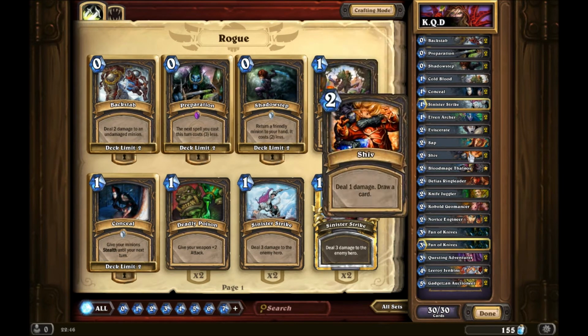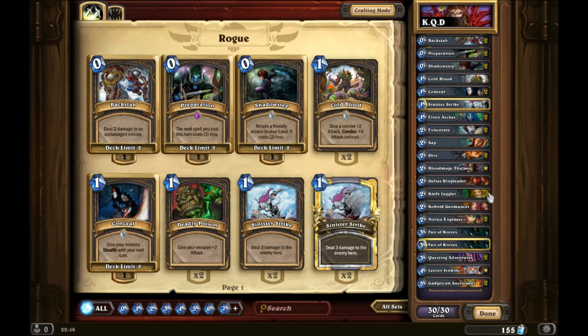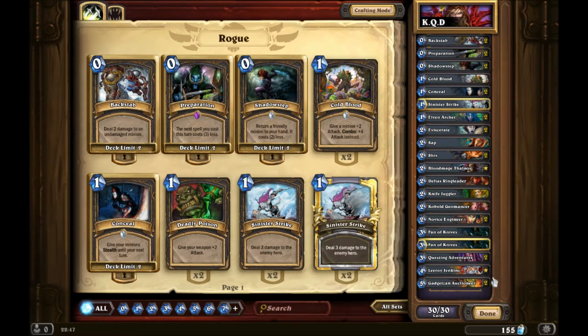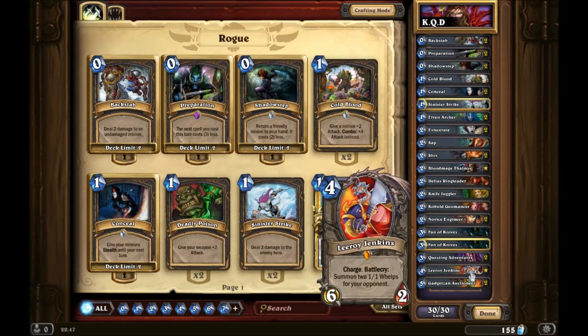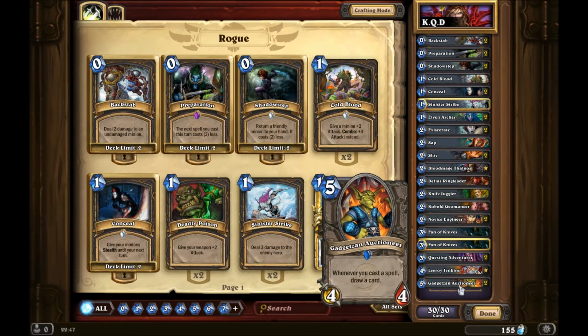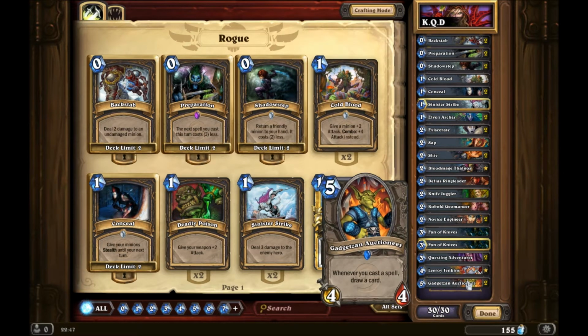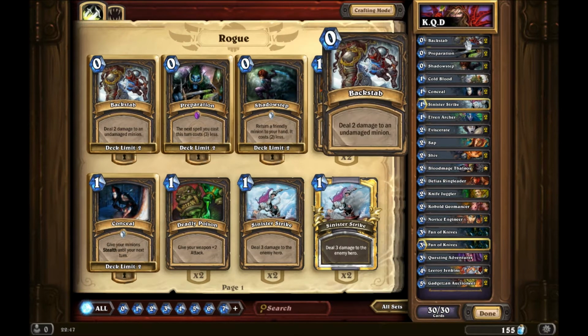It's basically Miracle Rogue. The quest is revolving around one of my centerpieces, which is Questing Adventurer, 2 copies of him. And then the other centerpiece is the Gadgetzan Auctioneer. This is the backbone of Miracle Rogue. You basically get your Gadgetzan Auctioneer down, and ideally a Questing Adventurer. What's a miracle? It's when you play a Gadgetzan Auctioneer, and then draw a ton of cards on the